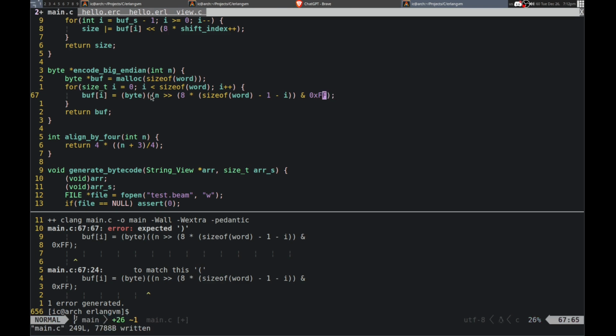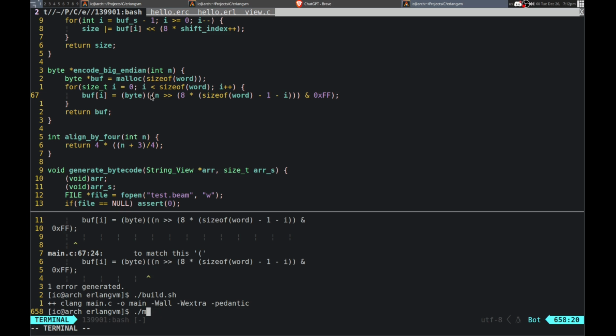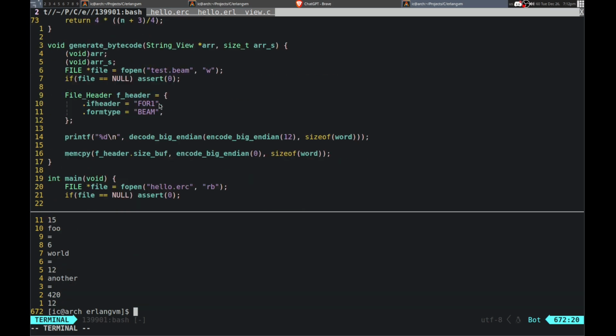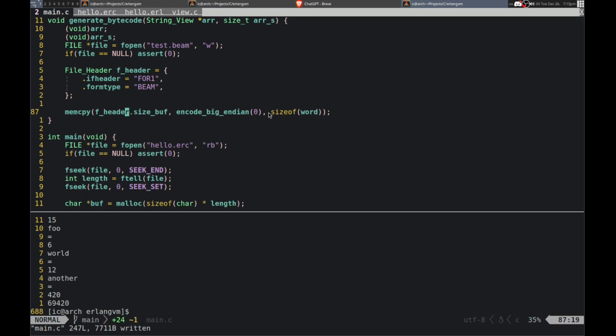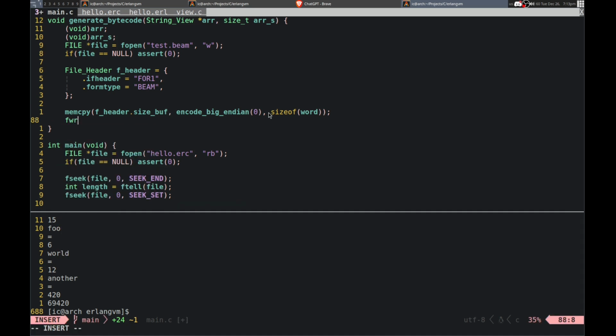Yeah, another one. So that needs to go here actually. 12. Okay, there we go. Now it is actually working. So I should be able to move this 69.20 and it should still work. There we go. Alright, so I can copy that into there, and then I can write this.